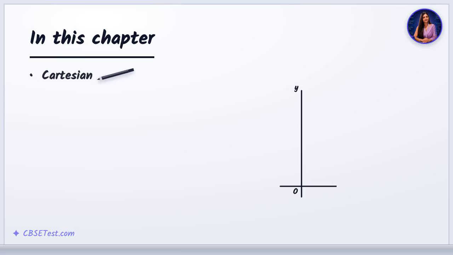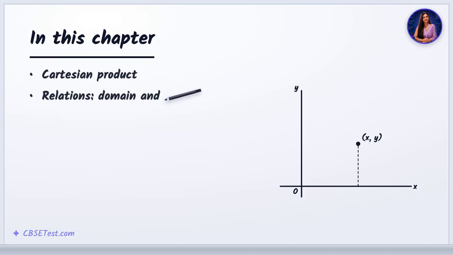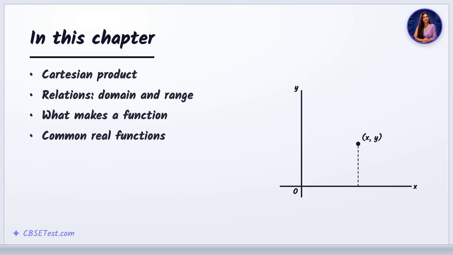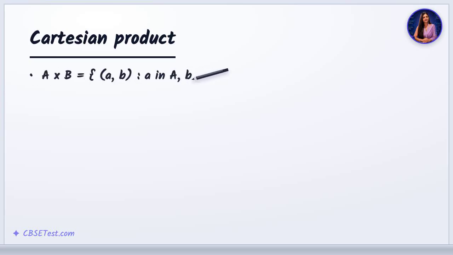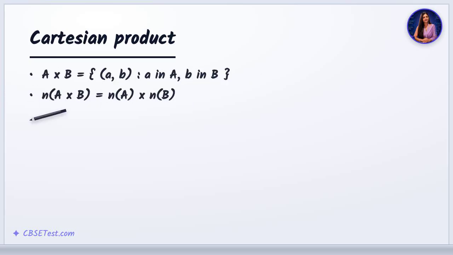We build relations and functions from ordered pairs. We'll meet the Cartesian product, define a function precisely, and look at the common real functions you'll use throughout the year. The Cartesian product A cross B is the set of all ordered pairs, with first element from A and